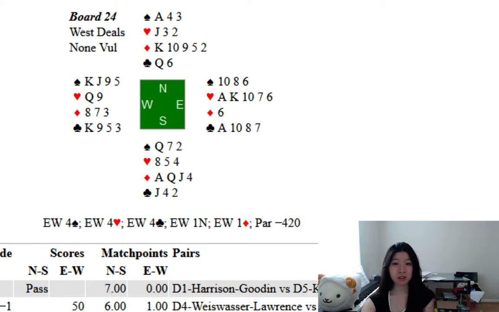Alright, last board. So West deals and passes, and North has a 10 count, so they pass. East opens 1 heart, South passes, West bids 1 spade, and now if you want, you can make a 2 diamond overcall as a passed hand. I personally don't think this hand is really worth bidding yet, so I passed, and East bids 2 clubs, and West